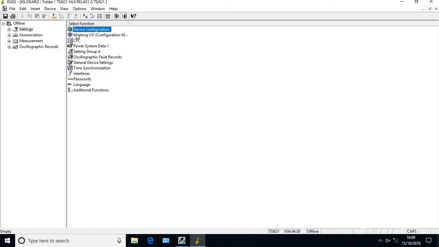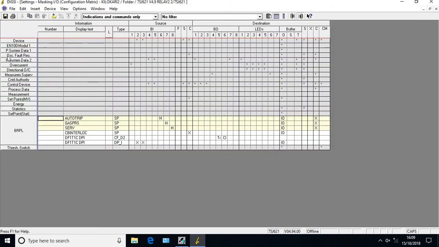For that, go to masking. In masking, we can create one new